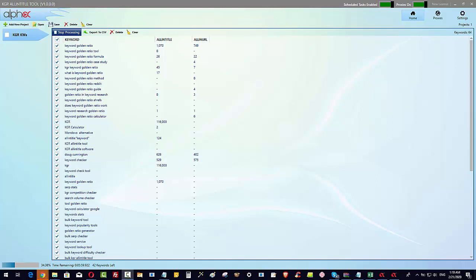Okay guys, Tony here, and what you can see here is a brand new tool. It's called KGR, AllInTitle tool. Okay, this is KGR, meaning keywords golden ratio, which is a strategy from a guy called Doug Cunnington. Doug has this strategy where we're looking for keywords that don't have a lot of AllInTitle competition, okay, and he